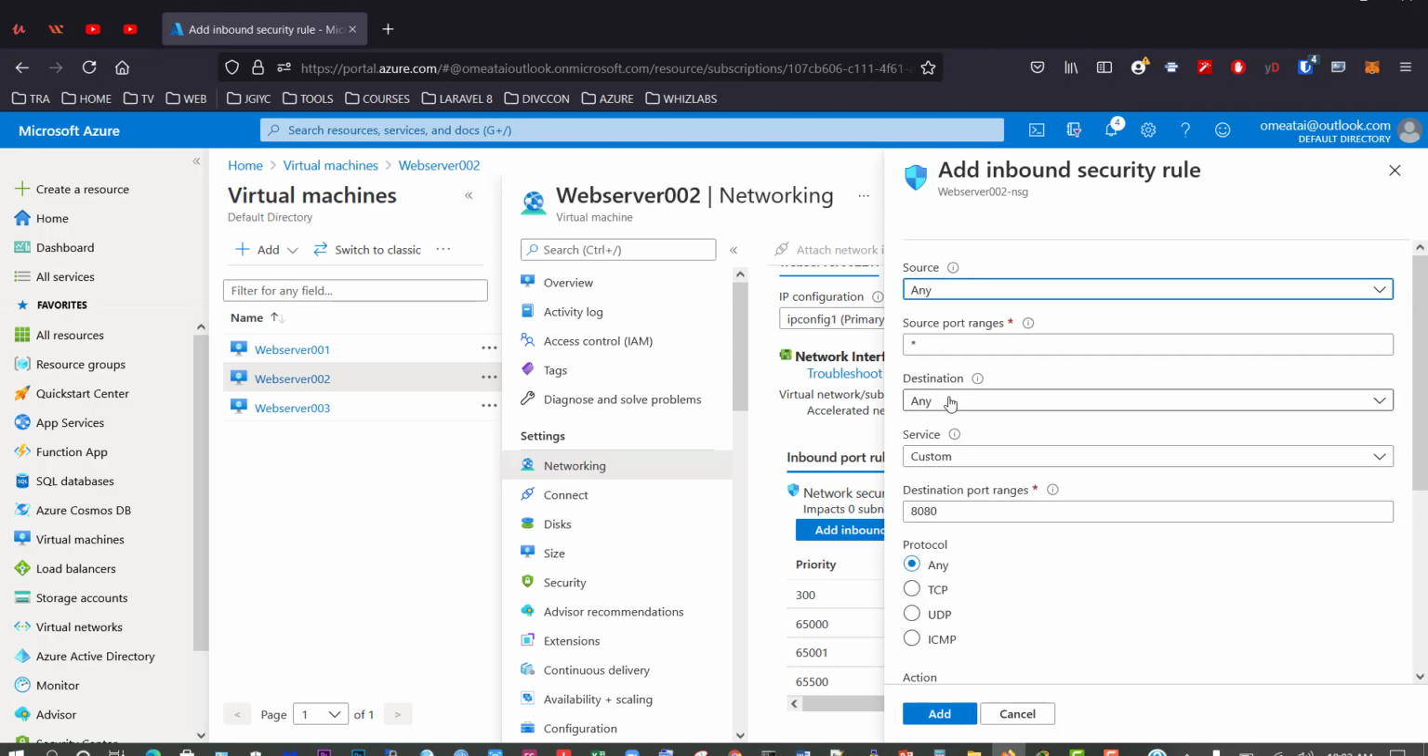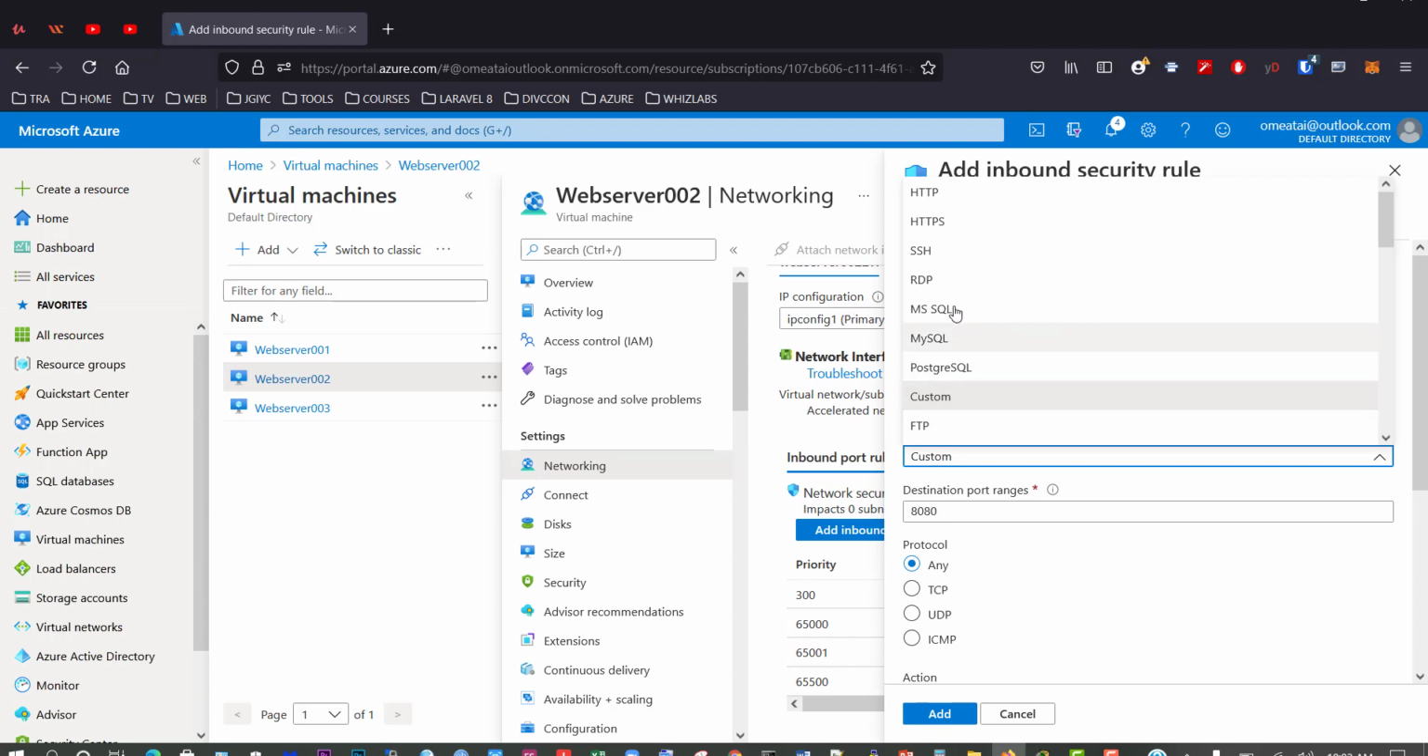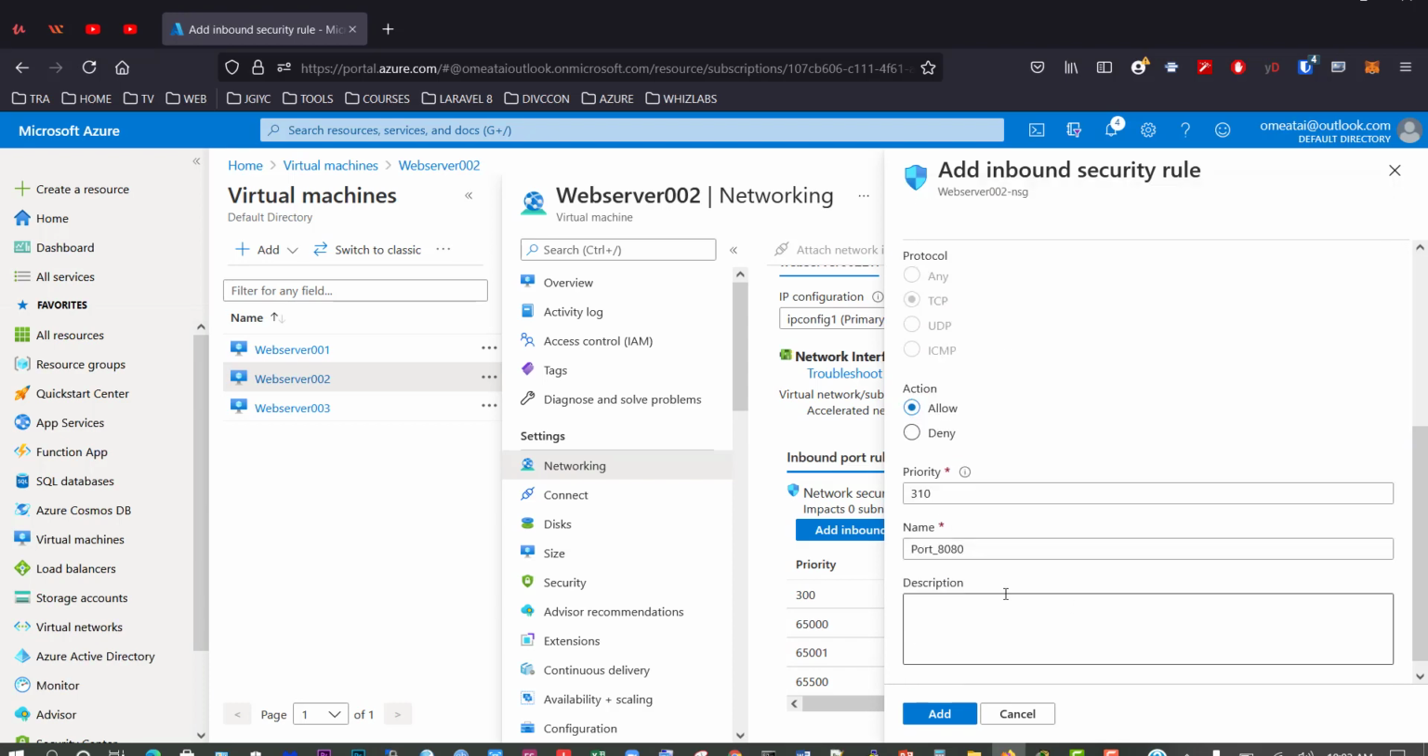and what we want is any, custom service HTTP, allow, let's call this 400, and we'll say this is permit access. Just copy that, put in the description, and